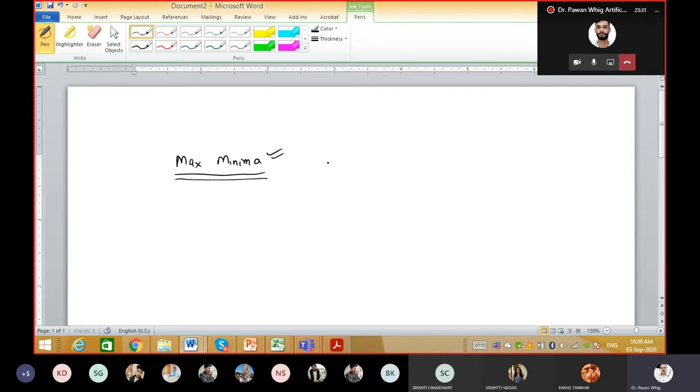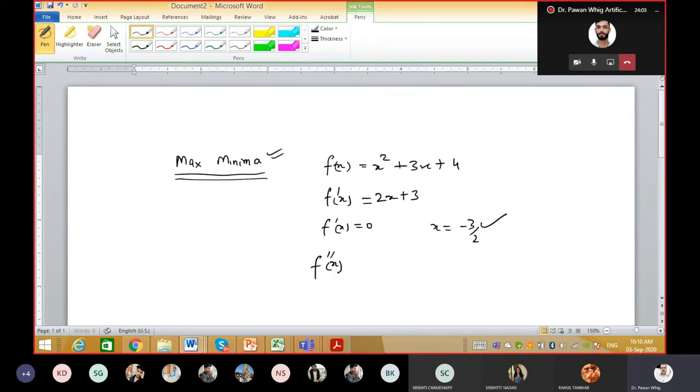In maxima and minima, there is a function, a mathematical function like this. I'll just create a dummy function. And what you do is take its first derivative, first differentiation. If you are good in mathematics, then you understand. You have to take the first differentiation and put it equal to zero. For maximum or minimum, we put f dash x equal to zero and calculate x. Whatever the value of x is coming, now you check it on f double dash x, the second derivative.